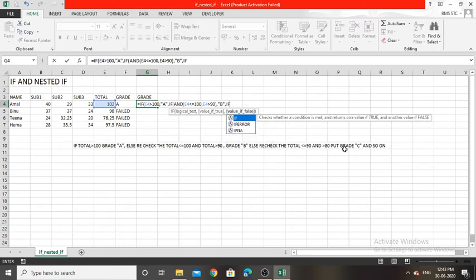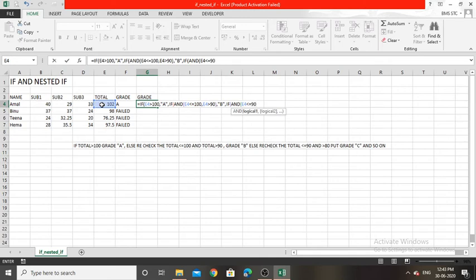So again I want to recheck the if condition, right? So here I am rechecking the same as I did just before, and bracket opens, E4 less than or equal to 90, comma, E4 greater than 80, comma, put grade as C. Okay.